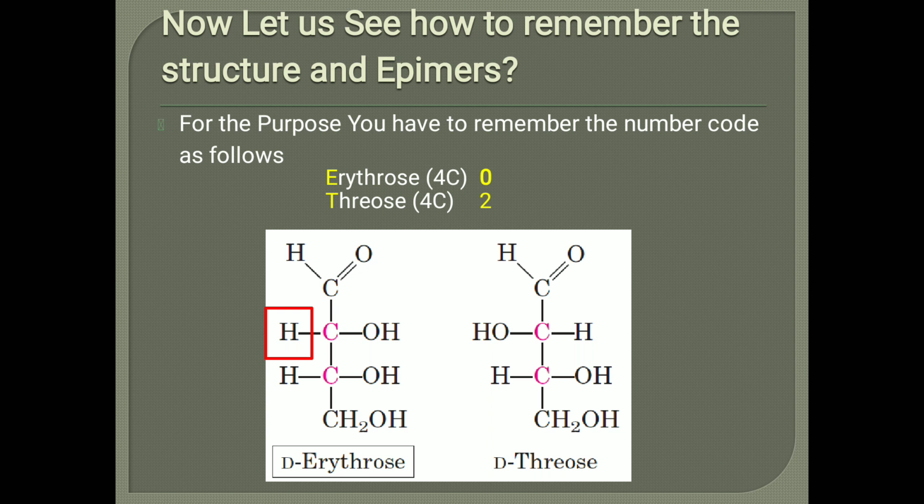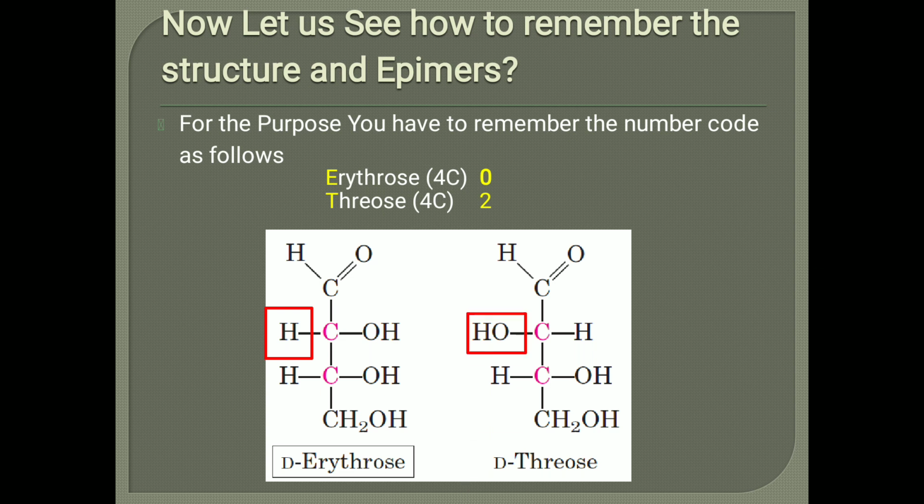Okay, so that's about erythrose and threose, we can easily remember, because erythrose and threose we know are tetroses. So we will be just representing 4 carbons. Then the first carbon we know is the functional group carbon, so we will be adding CHO. The penultimate carbon is nothing but CHOH. And the ultimate carbon will definitely be CH2OH for every monosaccharide. So remaining 1 carbon. The code is 0 for erythrose, so no OH is on the right side. So we are just leaving the OH on the left side of the molecule. In case of threose, the code is 2. So we are just leaving the OH on the right side of the molecule at the second carbon.